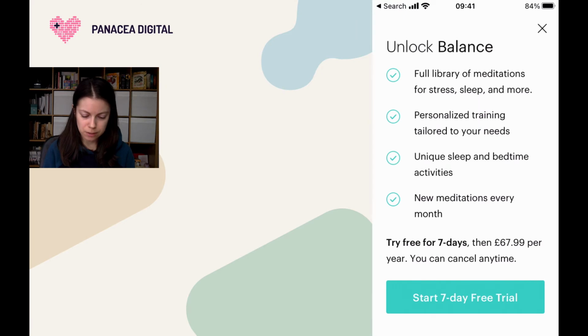Unlock balance, library of meditations, personalized training. Try free for 7 days, then 67 per year, you can cancel. Okay, so I typically advise not to ask people to sign up for a premium before they try the app. The simple reason is that I'm really just trying to see what this app does and see if I'm going to like it